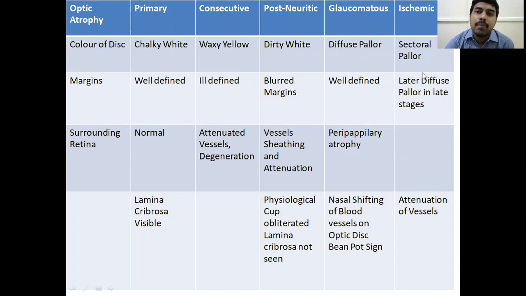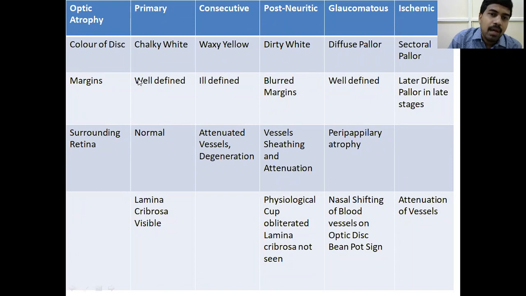So in the optic disc, you can take it that the blood supply is quadrant-wise. If this optic disc is divided into different zones, this part is supplied by one branch of the ophthalmic artery, this by one short posterior ciliary artery, this by another short posterior ciliary artery. So the optic disc surface is divided into many sectors. Each sector is supplied by one particular branch of the short posterior ciliary artery, which is in turn a branch of the ophthalmic artery. The particular branch which has been ischemic or affected will cause pallor only in that area of the disc where it supplies. That is, sectoral pallor is seen in case of ischemic lesions.